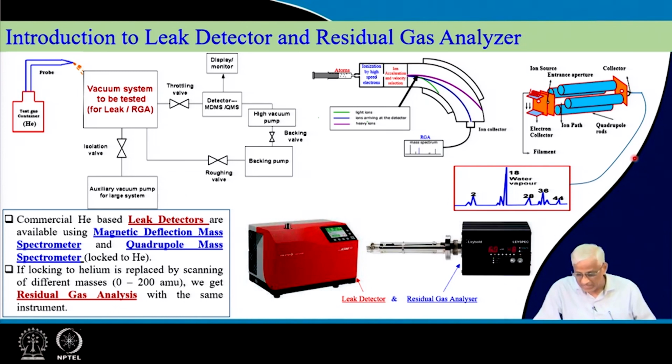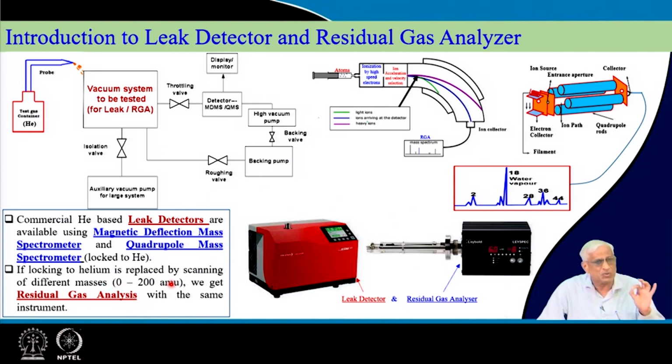If you do that, you will get a scanned output like this, which is the residual gas spectrum. If you do not tune the voltages or the respective parameters, then both of them can be used as leak detectors. So, commercial helium based leak detectors are available as magnetic deflection mass spectrometers and quadrupole mass spectrometers. If they are locked to helium, they can be used to find the leaks. If they are not locked, they will produce the spectrum, and it can be 0 to 200